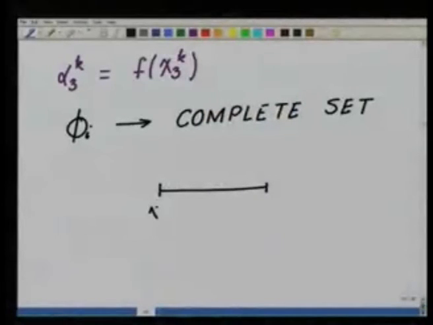Another point I have to note is that the point x2 of k that we have taken, we have said it is at the mid side. It need not be; it could be anywhere, but as a convention, it is taken at the middle of the element. But one should remember it need not be the case, especially when we have curved elements, which we will be dealing with later on. Okay. So, now that we have defined the phi i's, what next?